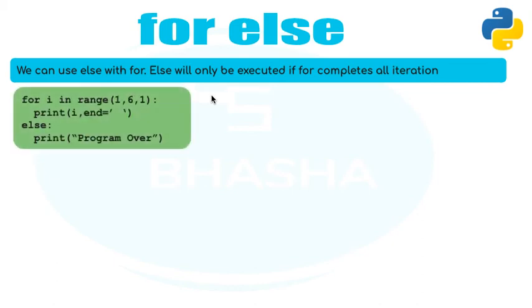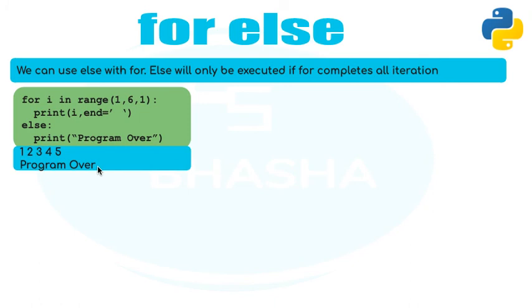So look at this case. Just see else. There is no if. Please don't confuse it with if. Okay. So you have for I in range 1, 6, 1, print I. What are we trying to do? We are trying to execute the value of I from 1 to 5. So 1 to 5 is there. That means my for loop is going to get executed every time. So if it is getting executed every time, then else will definitely be executed. So what will be my answer? Children, my answer will be 1, 2, 3, 4, 5, and it will automatically come to the else part and program over will also be seen.